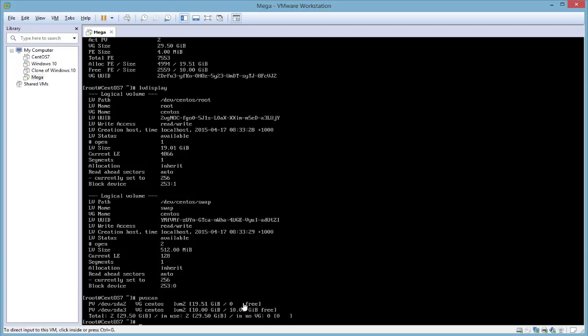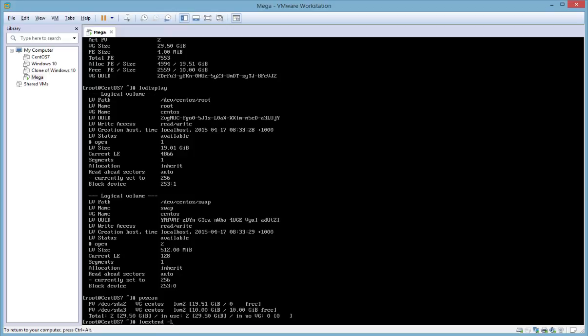So now that we have this extra free space inside the volume group, we can go ahead and expand the logical volume, which in this case is /dev/centos/root. So we do that with the lvextend command. So we can either use all free space in the volume group, so we could expand /dev/centos/root by the full 10 gigabytes, or we could just specify, say, 5 gigabytes, and then we would have 5 gigabytes free that we could assign either in the future or to a different logical volume which might exist inside that volume group. So we use lvextend